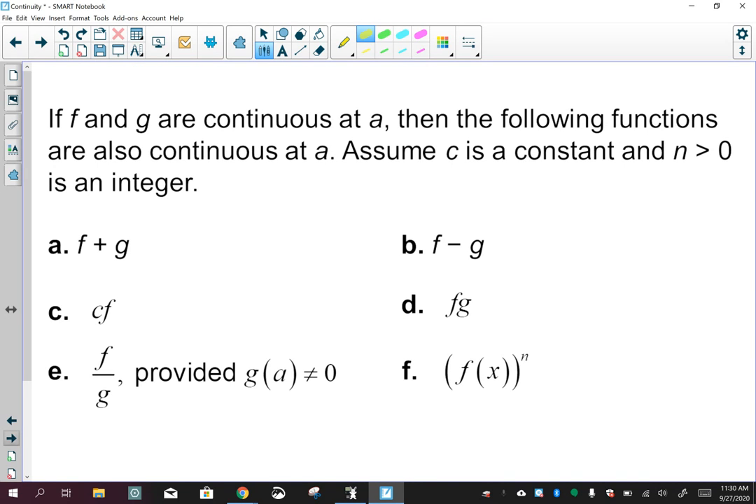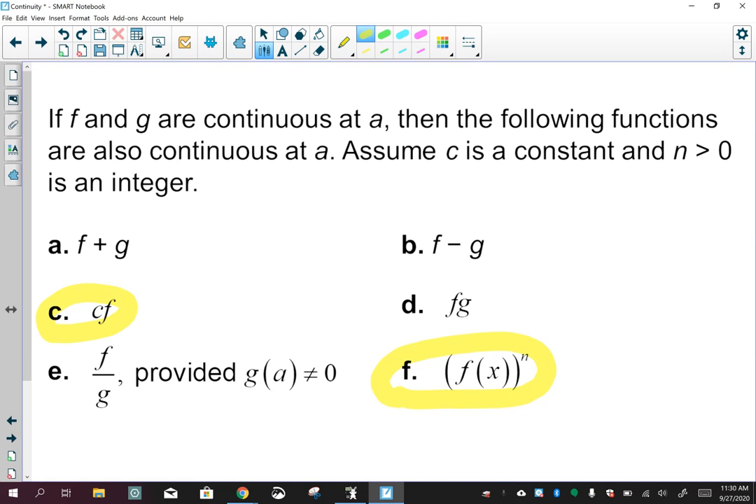So you can actually see the properties that we're talking about. Here you go. So you've got your adding, your subtracting, your multiplying, and your quotient. This one here is called a scalar. So basically, I'm just taking a number and multiplying it by my function. So obviously, that's also going to be continuous. And then this one here is my